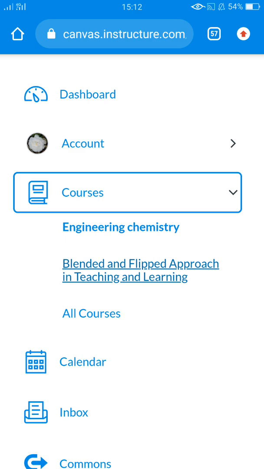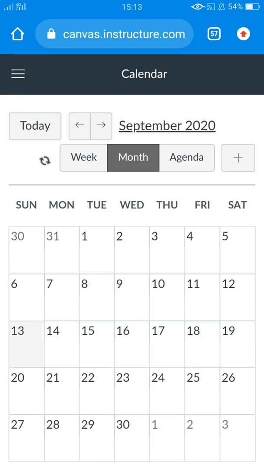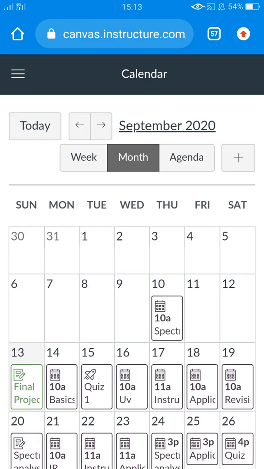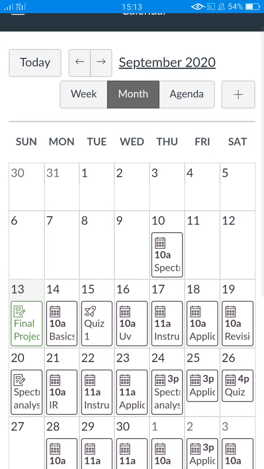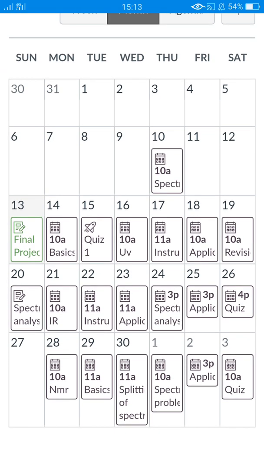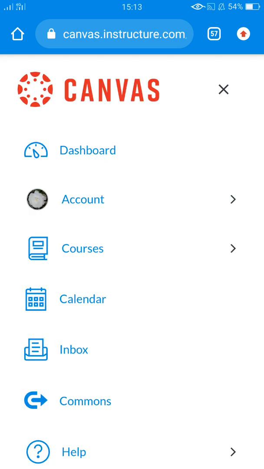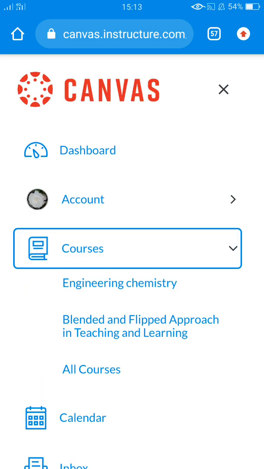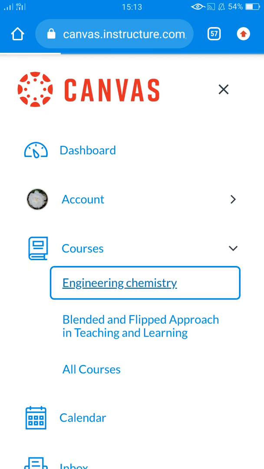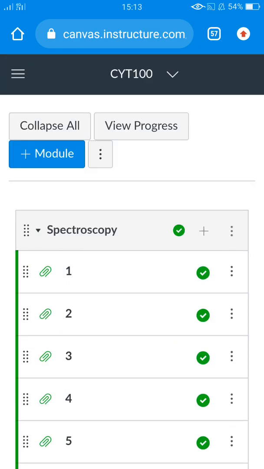And for that I have also created a course schedule. That is, first of all we have to create a course schedule. So these are the course schedules which have been created. That is, for the module spectroscopy we have created this course schedule. And then regarding the course, we shall move to the engineering chemistry course,